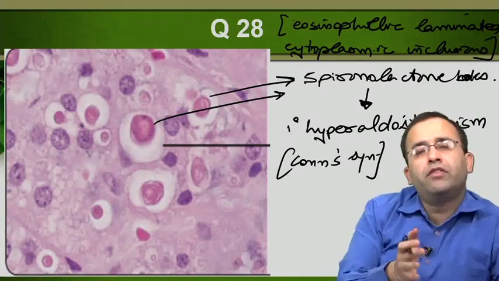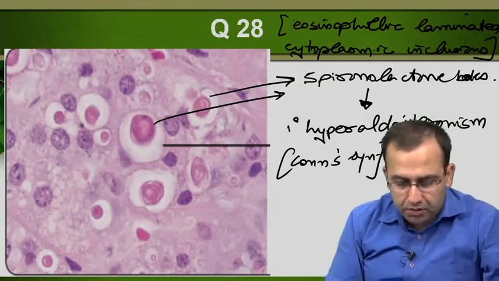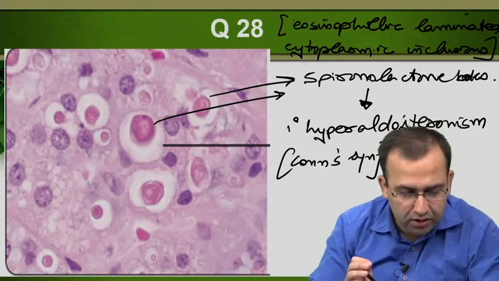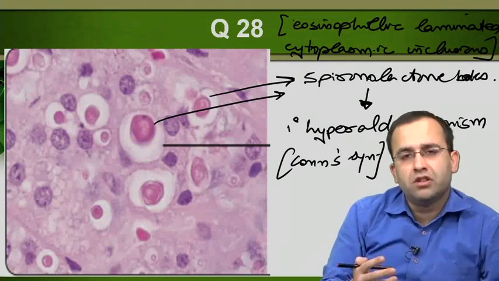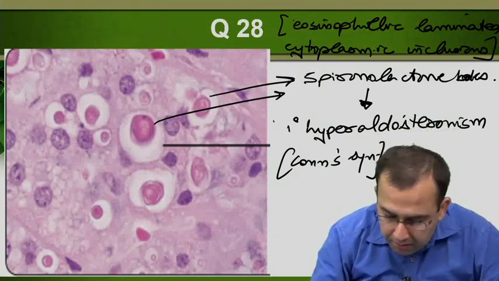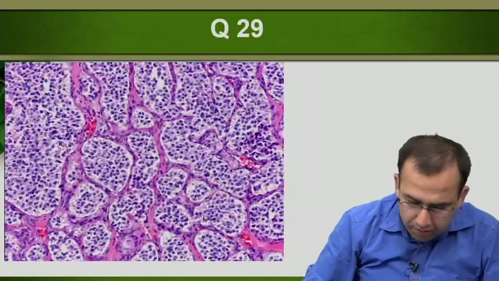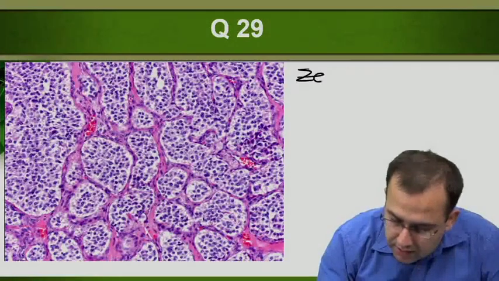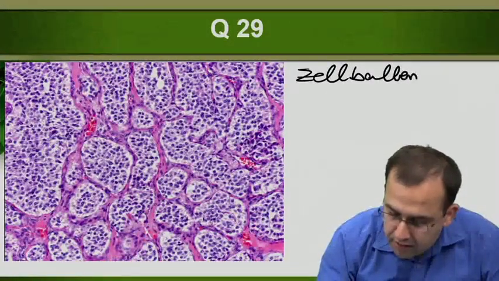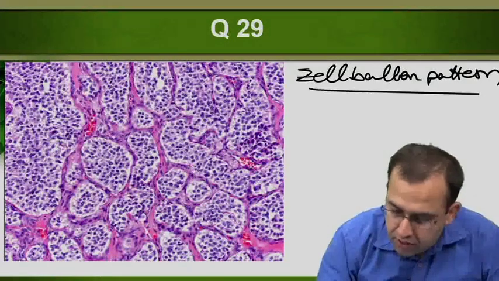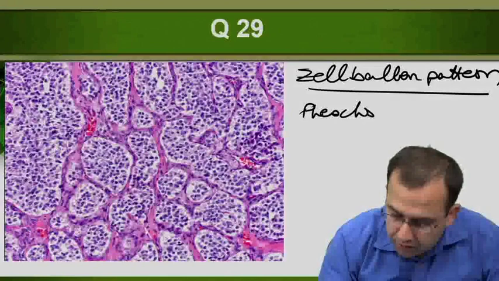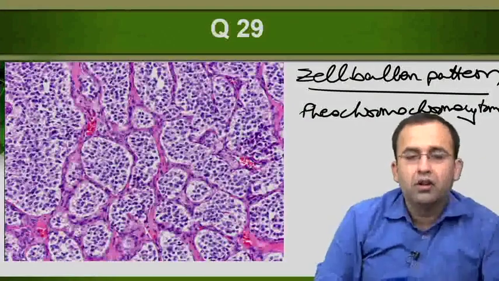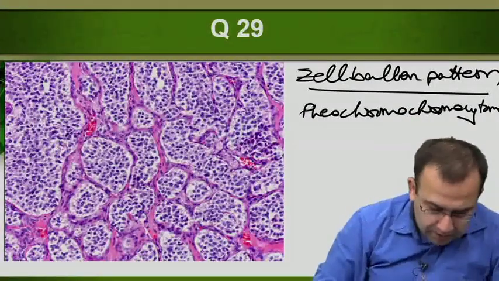They are found after therapy of spironolactone. We have already seen thyroid. We will be seeing three features in endocrine: thyroid, primary hyperaldosteronism, that is Conn's syndrome, and the last is the Zellballen pattern. Question 29, the Zellballen pattern, which is associated with pheochromocytoma. What you see in this is the presence of